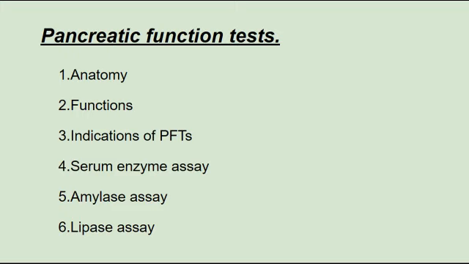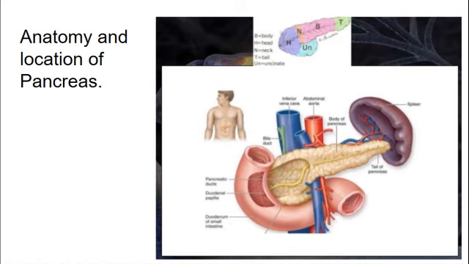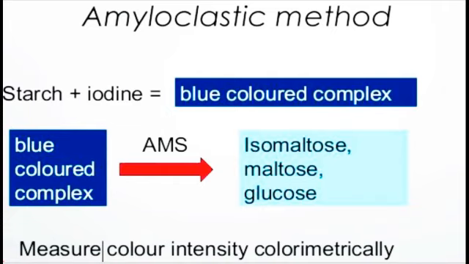The indications for pancreatic function tests include acute pancreatitis, obstruction to the flow of pancreatic juice into the intestine, then peptic ulcer, malignancy, renal failure and salivary gland inflammation. Serum amylase and lipase measurements are commonly employed to assess the pancreatic functions. Both these enzymes' activities are elevated in acute pancreatitis, and obstruction in the intestine or in the pancreatic duct.